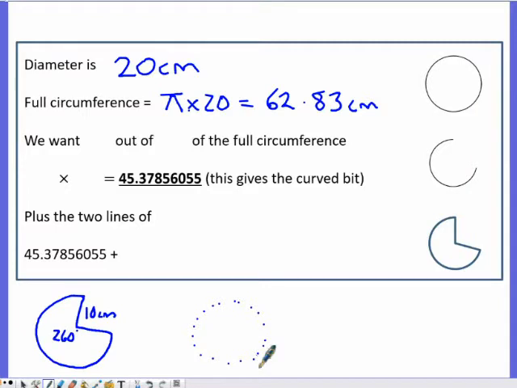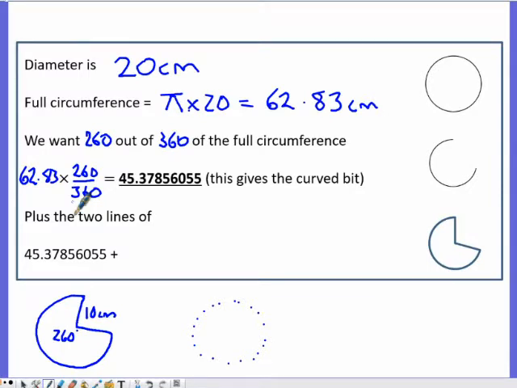Now we don't want all of it. We need to think about how much of the circle we want. Now a full circle is 360 degrees, but as it says in the question, we only want 260 of it. So we work this out as a proportion. We want 260 degrees out of the 360 that's available. So what we're going to do is say the full circumference, which is 62.83, we want 260 out of 360 of this. And when you work that out, you get